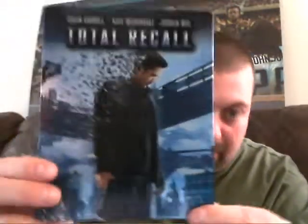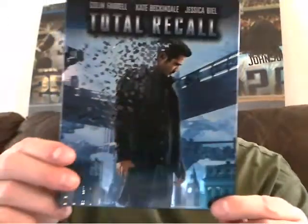This case is pretty neat. I like the cover here. Got a nice little background going on. We got the old school Total Recall logo there. The little robot cops, kind of like iRobot, are in this thing. And then we've got the backside that's got Kate looking amazingly hot and Jessica looking hot too. But I think Kate beats Jessica. I think she's a lot hotter. And then, of course, we got Colin up here at the top. Now, the inside of this...